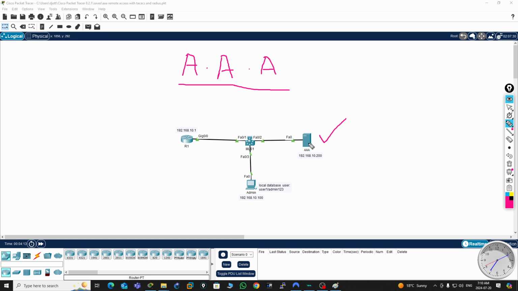And the importance of AAA authentication is because we want to be able to manage user access remotely instead of storing user access in every single device. We just have one server where we can manage user access. Okay,